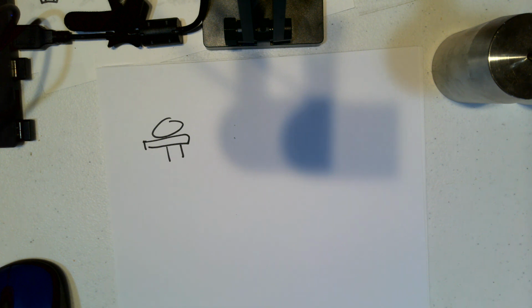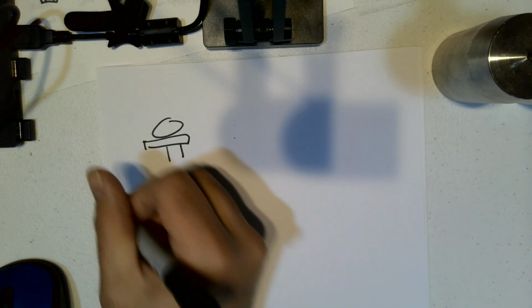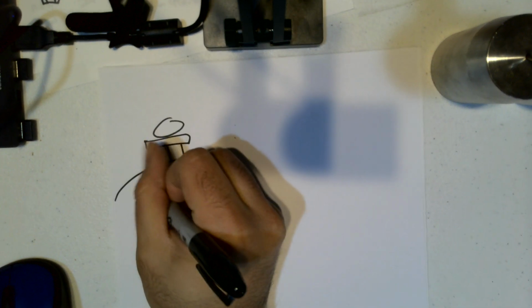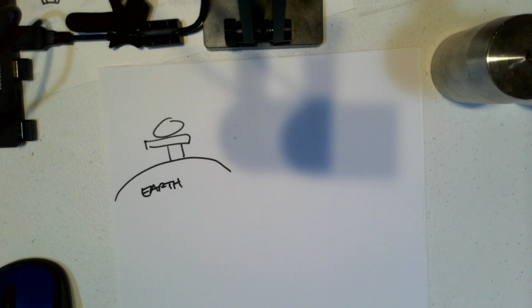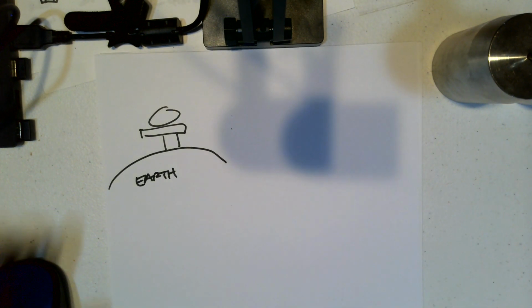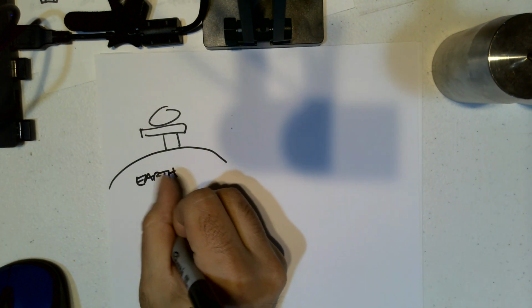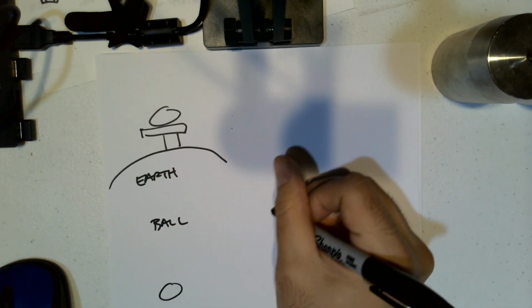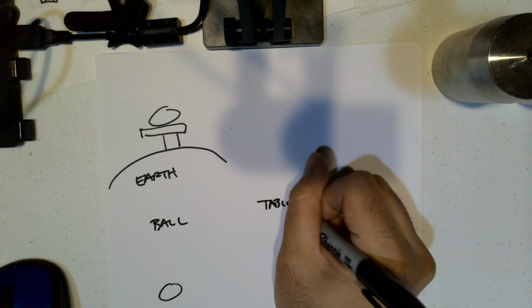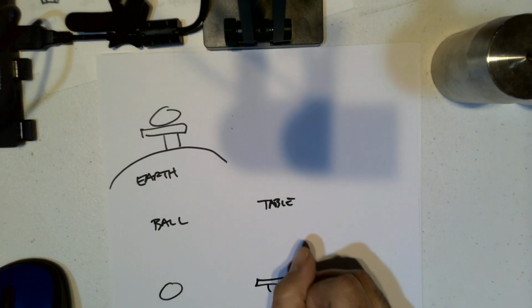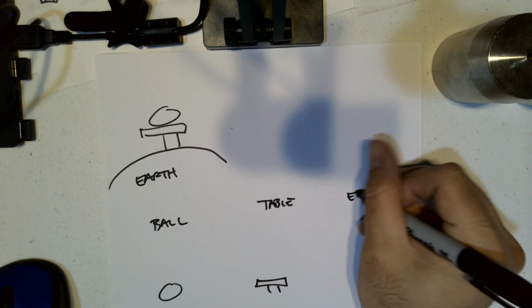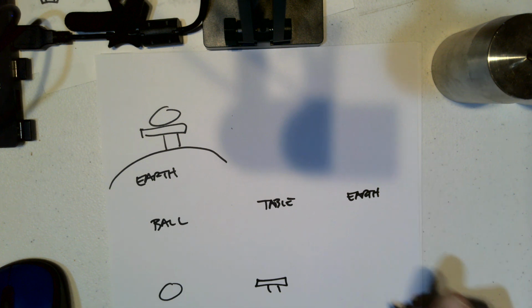And so what we're going to have to do is consider the objects here. I've got a ball, I've got a table, and we both know that they weigh something. So the third object that we're going to consider is the planet Earth here. Basically, these are all the objects in play in this scenario. So if I was looking at the ball, we'll do a free body diagram of the ball. We'll do a free body diagram of the table, which is that. And then we'll do a free body diagram of the Earth. And we'll just label